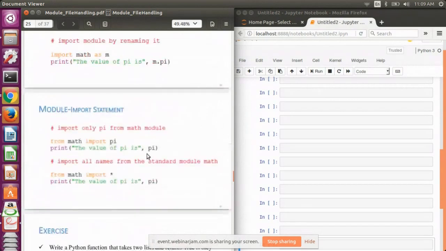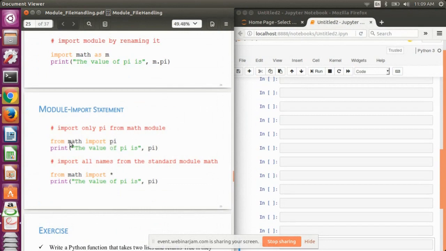The third syntax that we have in Python to import a particular library is from space library name space import space function name.